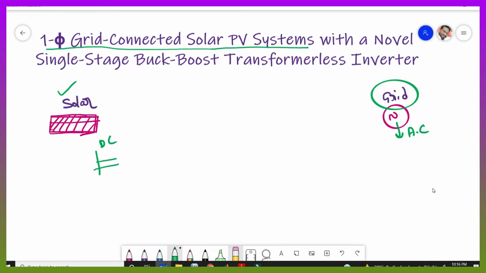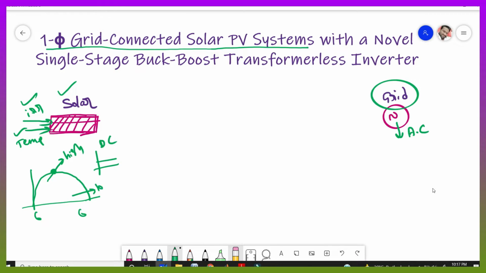It is changing with respect to irradiation and temperature. So based on this irradiation and temperature, we are getting the DC. If you take the morning 6 to evening 6, the output of the solar panel is like this. From morning to evening, the sun temperature gradually increases, gets its peak in the afternoon, and gradually decreases. This is the graph. So with behavior like this, sometimes you will get high voltages and sometimes you will